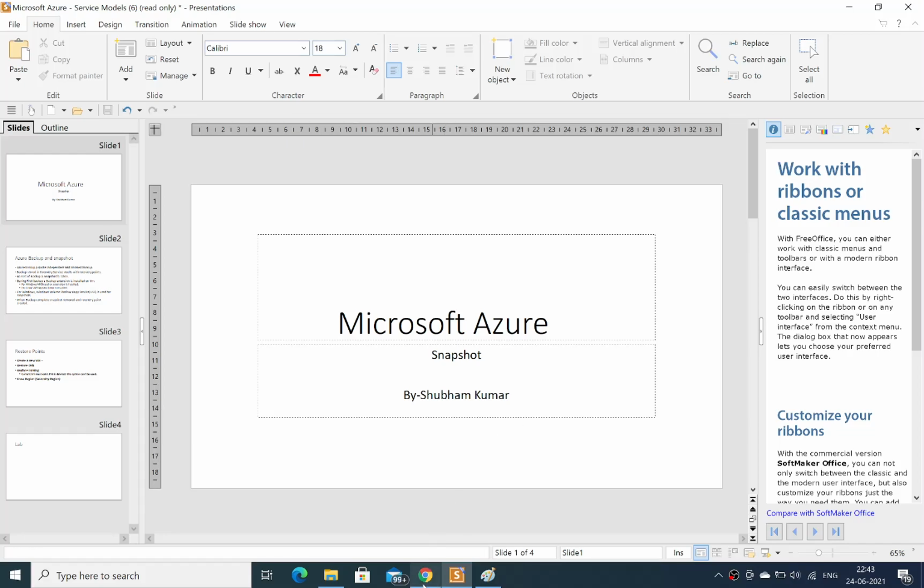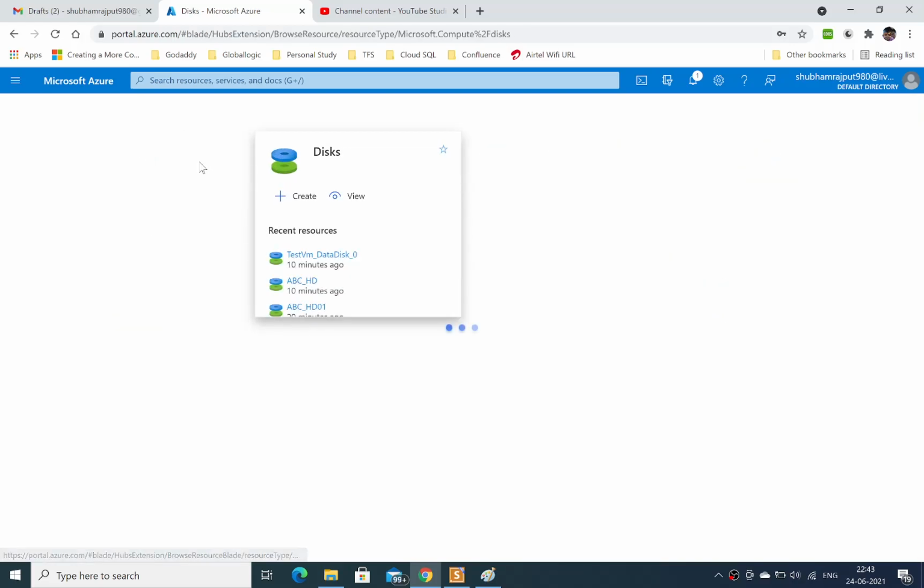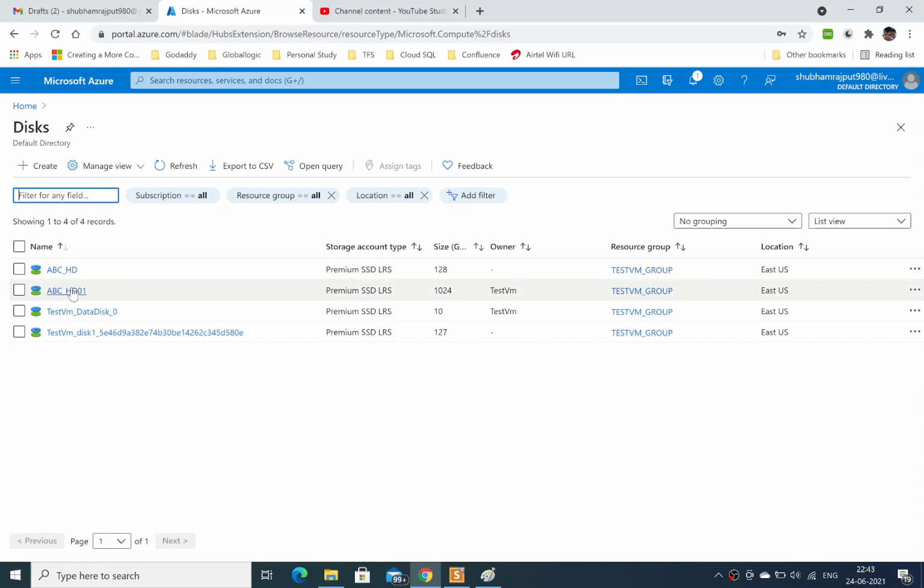Now come to my portal. Over my portal you can see that in the previous video we created this AVC HT01 hard drive, and this one is my data disk.